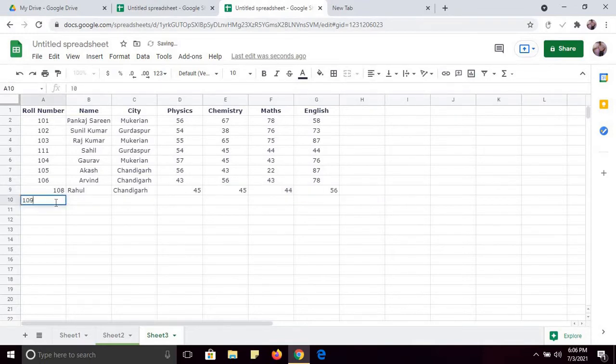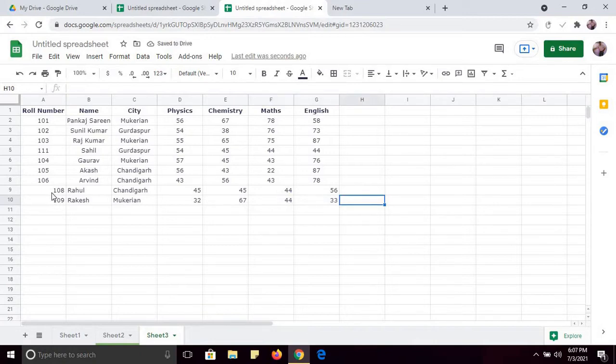Here roll number 109, Rakesh, and city is Mukeria. See, when I type M, it is giving me a suggestion that I have already typed Mukeria in this column. Then physics marks, chemistry marks. This way you can insert the data.